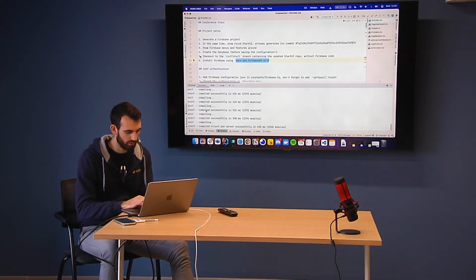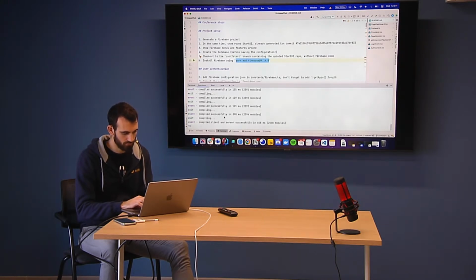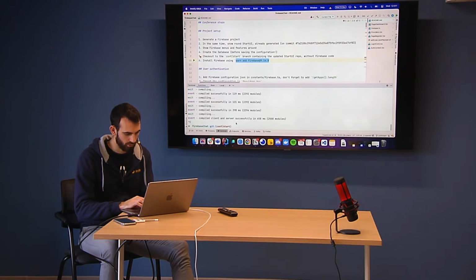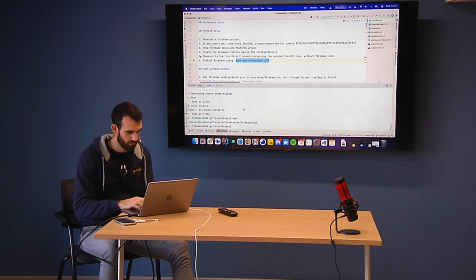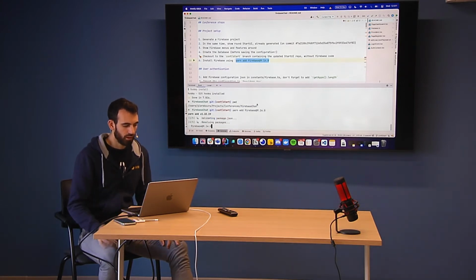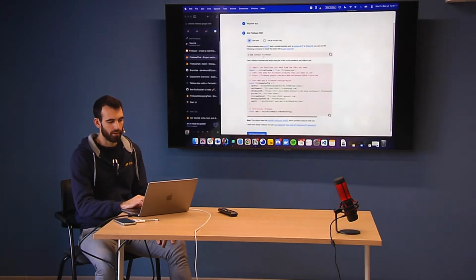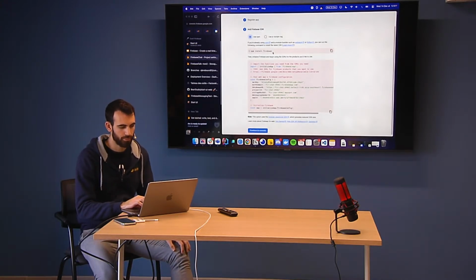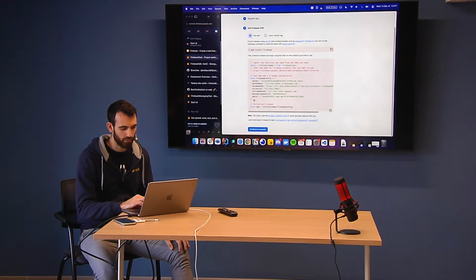I will stop this one. Okay. It doesn't want to copy it. Okay, I think this terminal is. Okay, so we just have to add the Firebase dependency to the project,